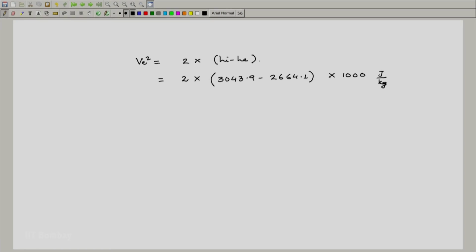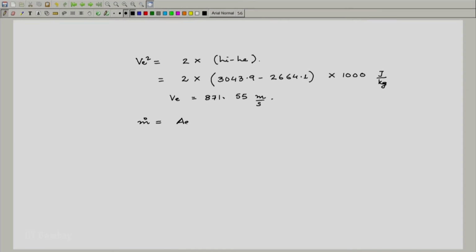We need it in joule per kg, and we get now Ve should be equal to 871.55 meters per second. This is a pretty large velocity,